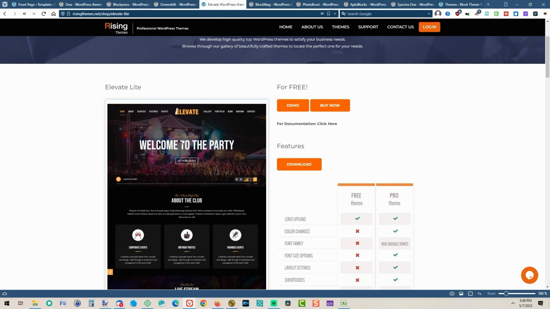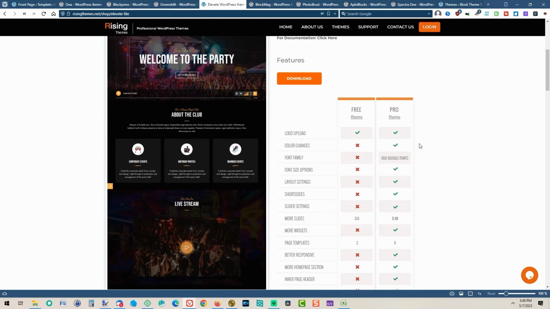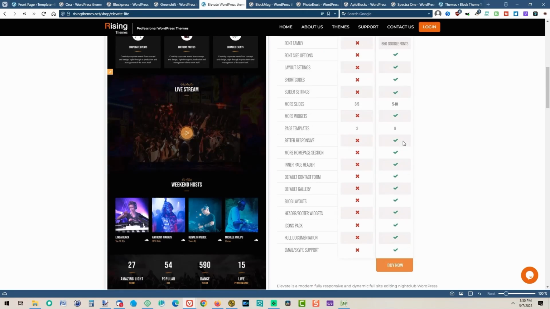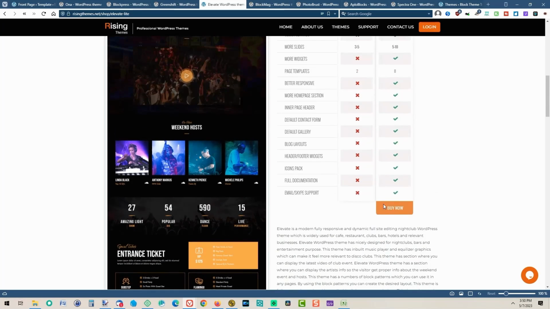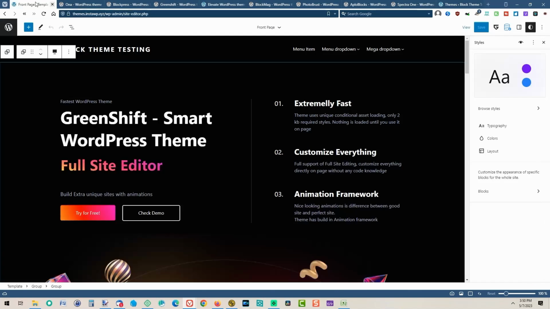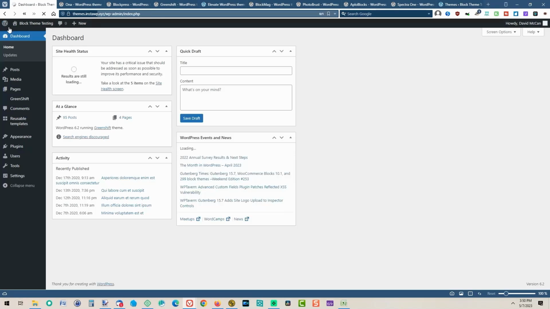So most of the ones we've seen have add-ons through blocks, but this one adds a pro version of the block theme, which gives you more color options, Google font options, layout options, shortcodes, sliders, widgets, blog layouts, icon pack, and so on. And so if we go and we install Elevate,